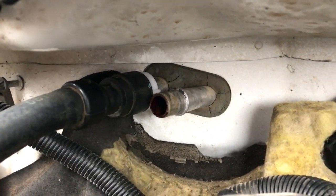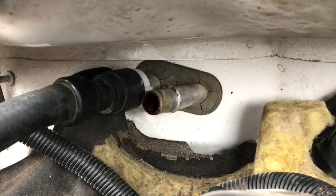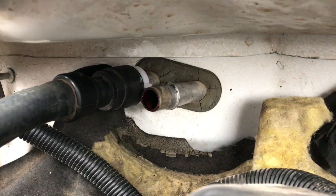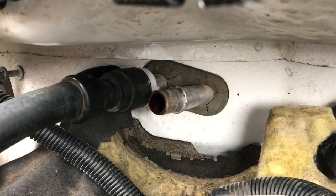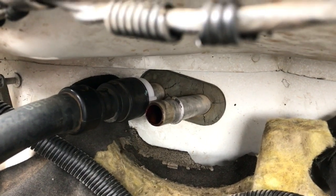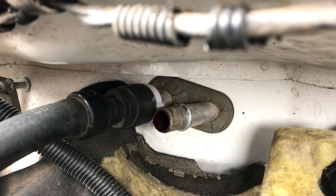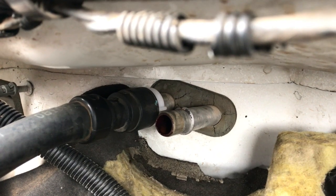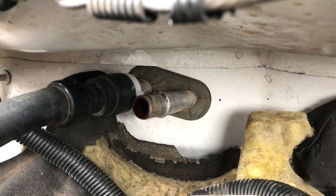I will say it was a pain to get the hose off of that because a rubber hose likes to stick to aluminum, so I wouldn't suggest doing that. You can get brand new disconnects at O'Reilly's. I think they're around $6. After inserting this quick disconnect tool in that hose, it is much easier to remove this hose with the quick disconnect than it is to just stick the hose over that, clamp it down,